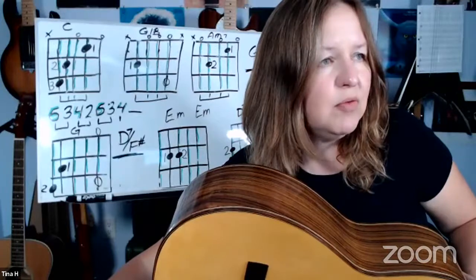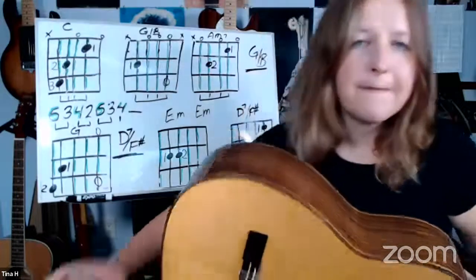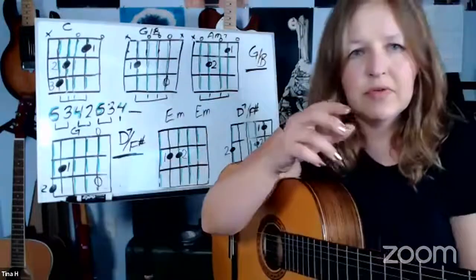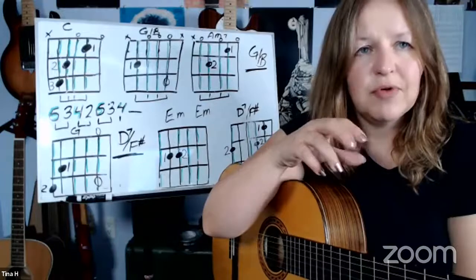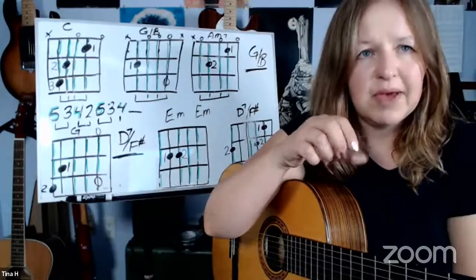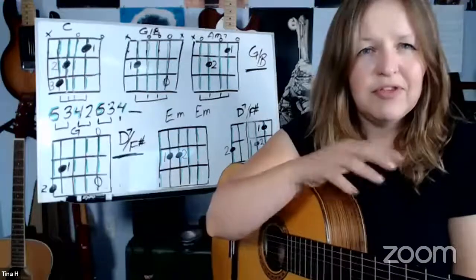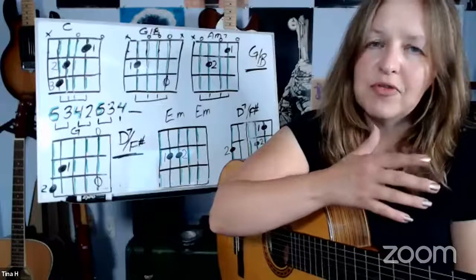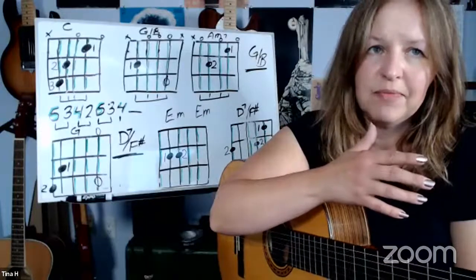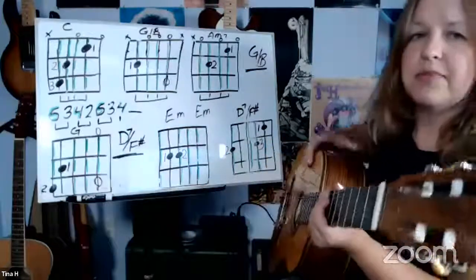So what I want you guys to do with that song is practice. At this point, I bet your picking hand is feeling pretty smooth, right? Moving back and forth from string to string, because you guys look like you felt pretty confident, going by your body language. Chord changes, those are usually the thing that come a little bit slower, right? So what I would suggest you do to build up that speed,